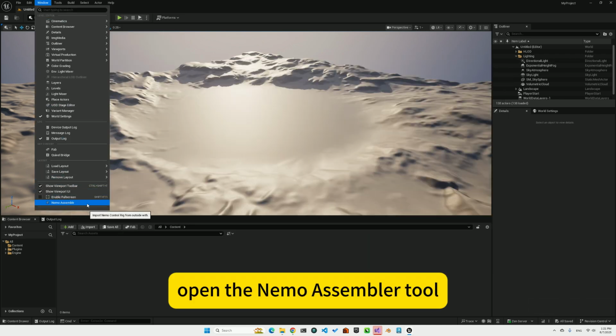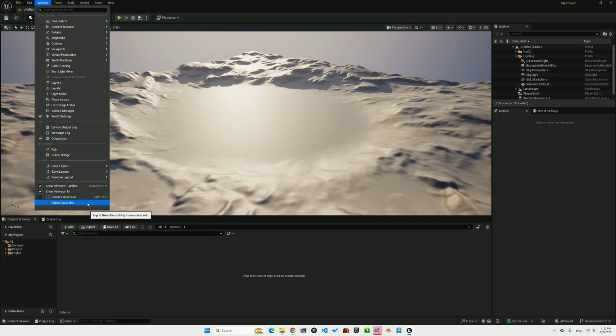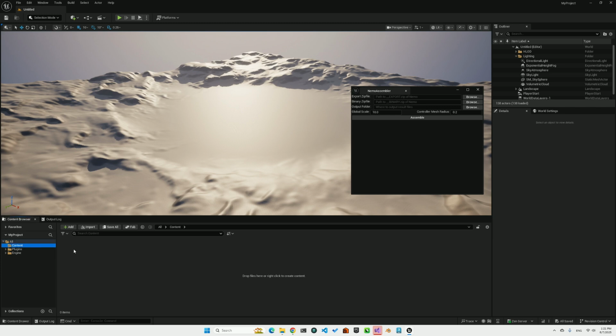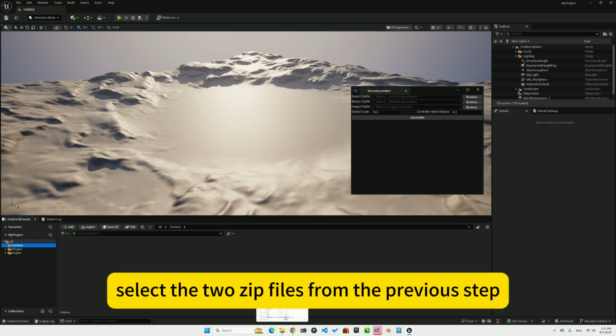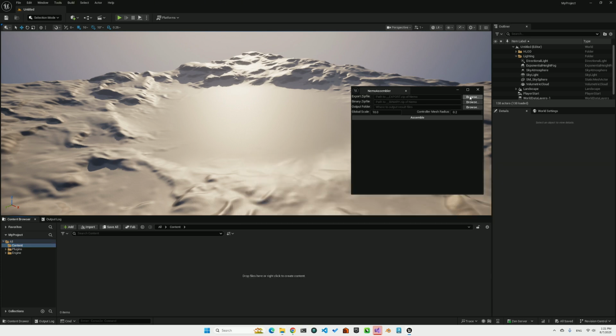Open the Nemo Assembler tool and select the 2 zip files from the previous step